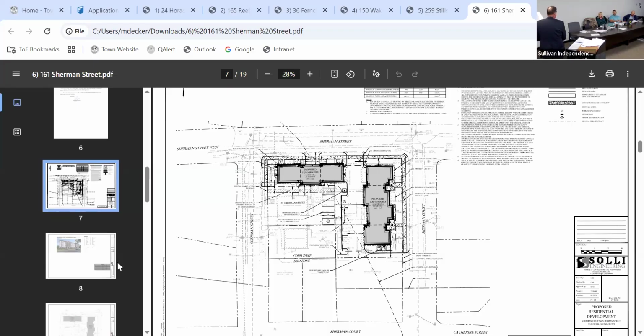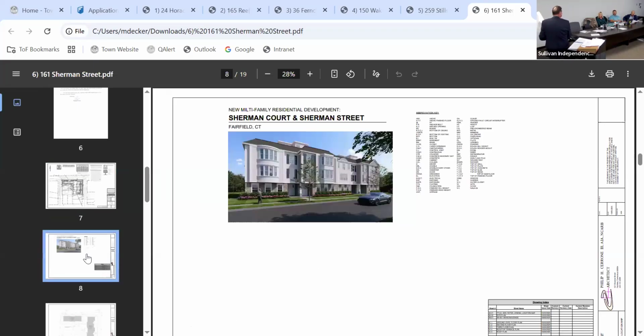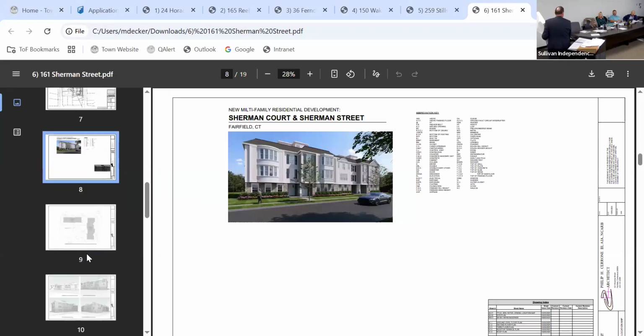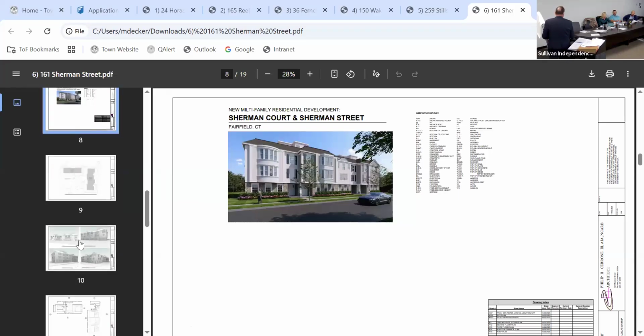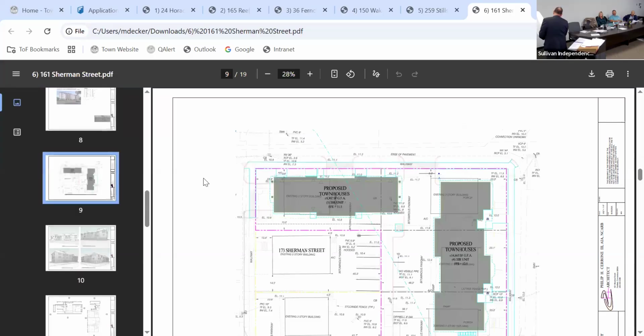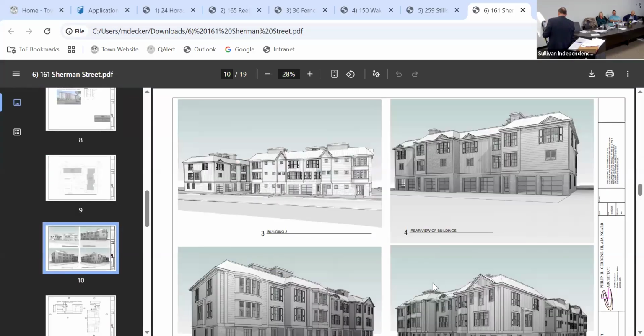We have not received any, and I'll always wait until you announce if there's anybody in favor or against, but from our understanding, all the neighbors we've talked to seem to be concerned about property values, concerned about making sure this doesn't become an overly dense project, and preserving similar residential use rather than a very heavy commercial use on this property. So this is what the units are going to look like. Basically, you'll see the 3 Sherman 4 here. And here's basically a drawing of the buildings.